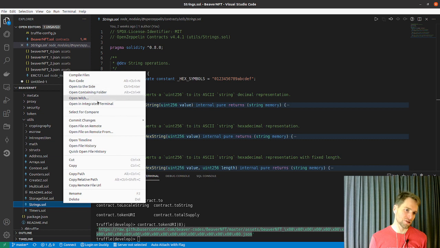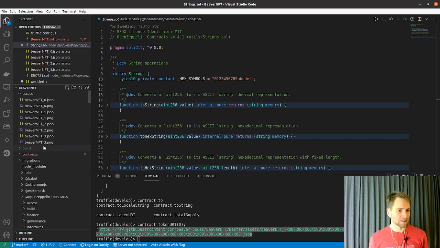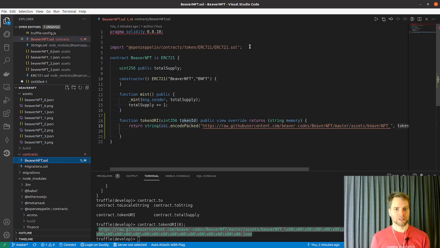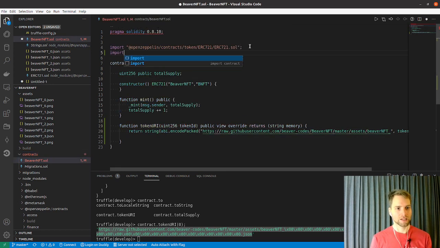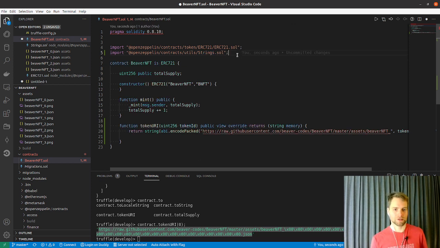So I'm just gonna copy the path to it and go back to here, and we're gonna import that thing. And then just delete the extra stuff. And here we go. So it's OpenSea contracts utils Strings. That's all we wanted. And then semicolon. And as Strings,